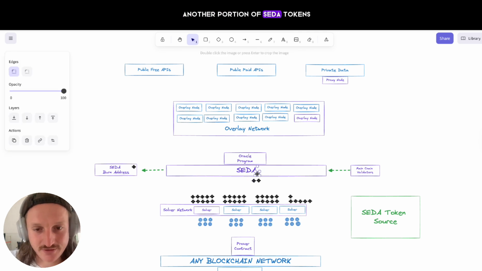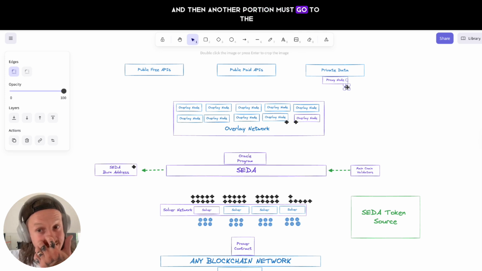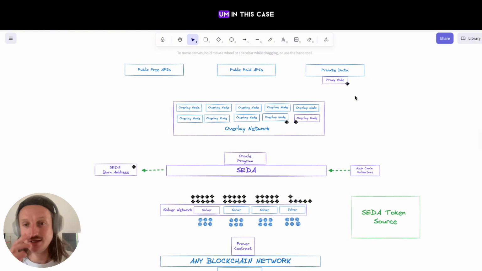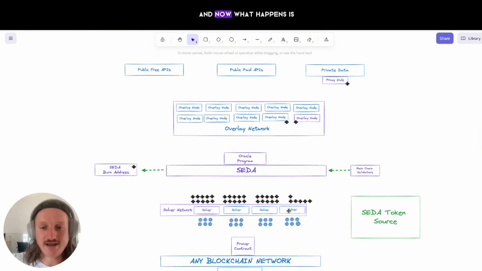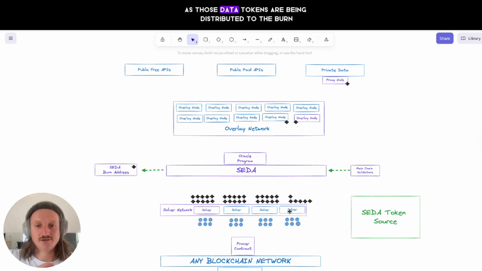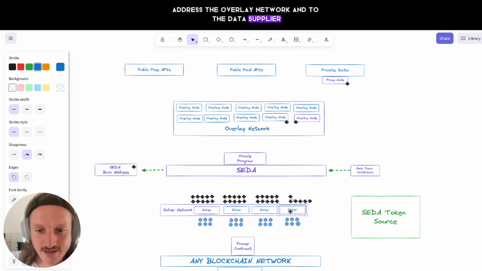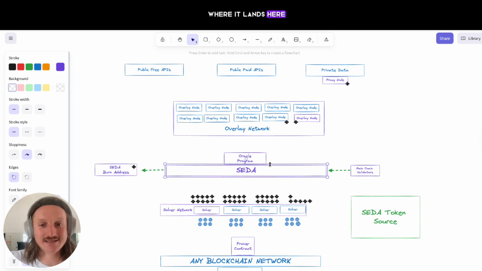Another portion of SEDA tokens go across to the overlay nodes, and we'll talk about what they do in just a second. And then another portion must go to the proxy node or to the private data supplier. In this case, we're assuming that the data is coming from a private data supplier. And now what happens is, as those SEDA tokens are being distributed to the burn address, the overlay network, and to the data supplier, the solver then, boom, relays the data request into the SEDA chain where it lands here,